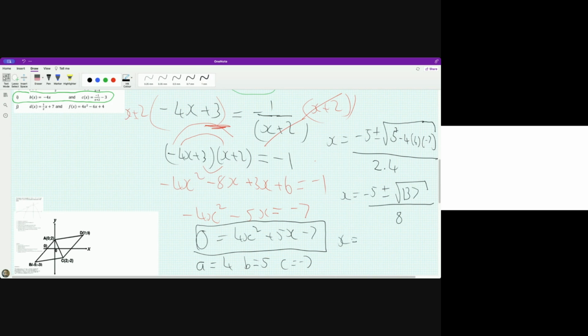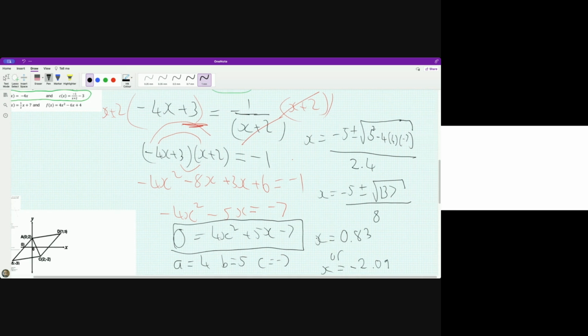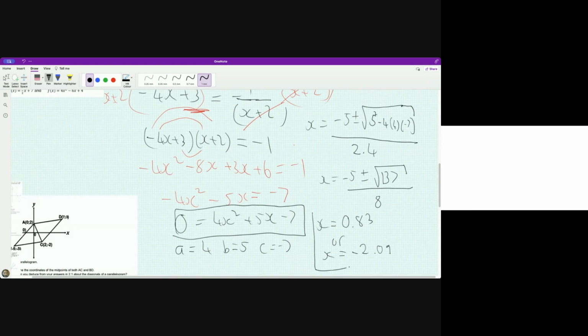So what I get is minus 5 plus the square root of 27 divided by 8, or x is... Give me a thumbs up if you get those x values